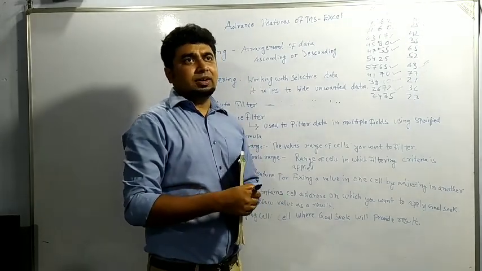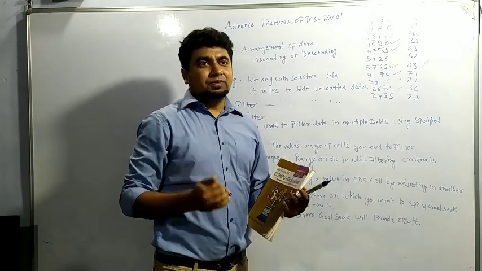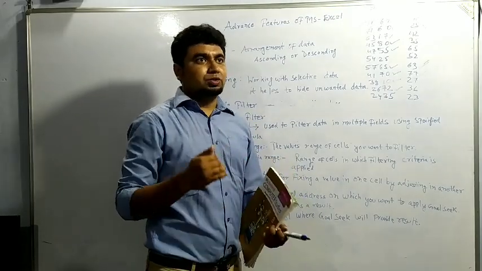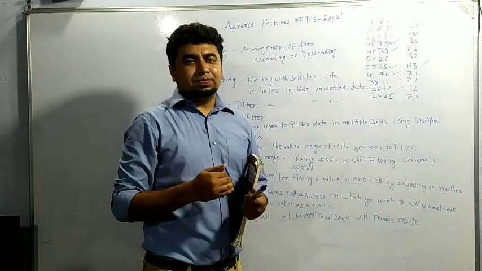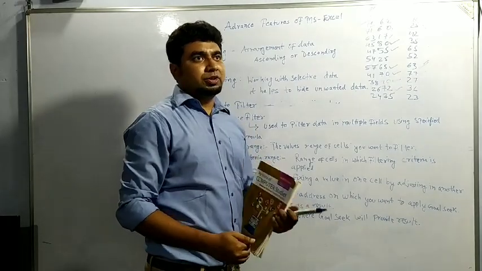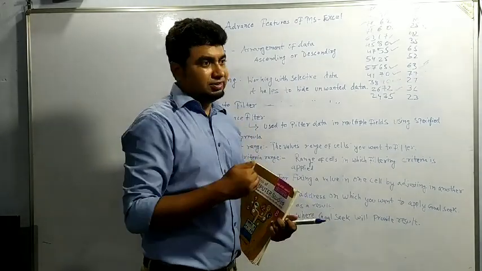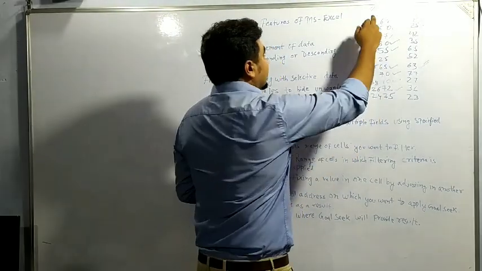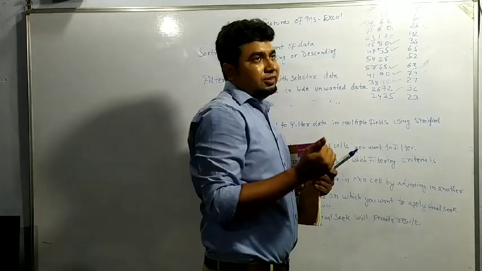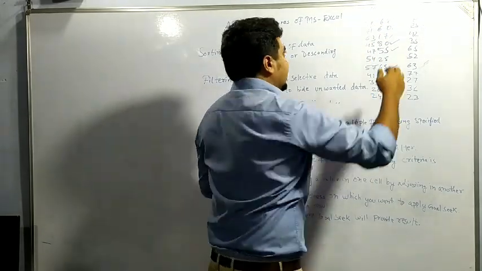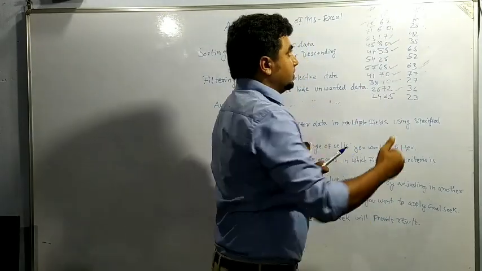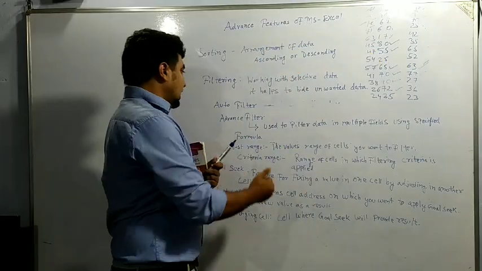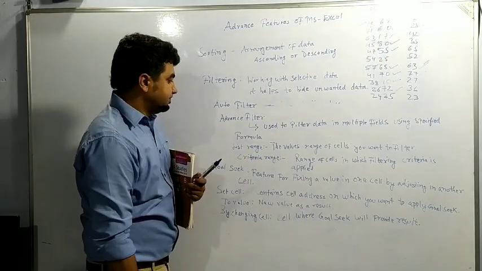Filter the data means if you are conducting one examination for 1 lakh students, and one criteria is that those students who have got above 95 in all the 3 sections will get a prize. So this is the criteria. You will be keeping that C should be greater than 95%, M should be greater than 95% and P should be greater than 95%. That is known as advanced filter.